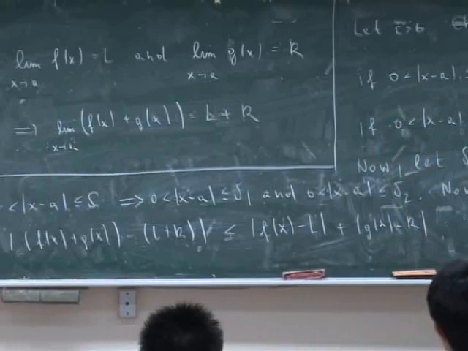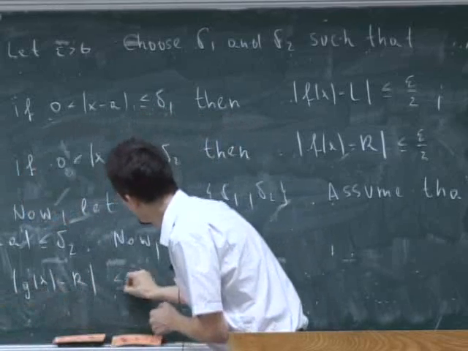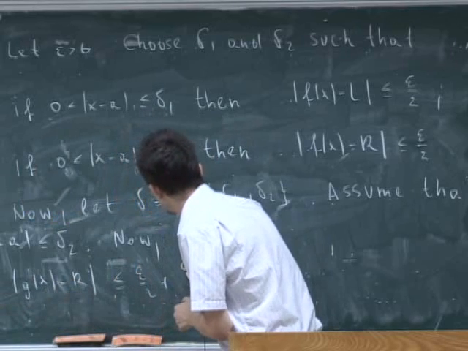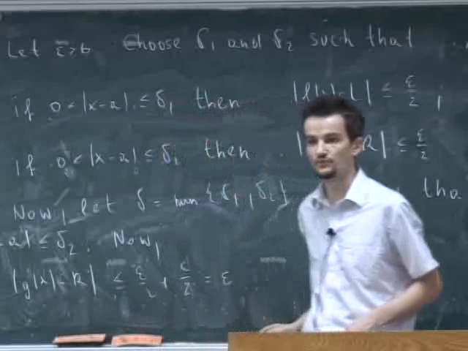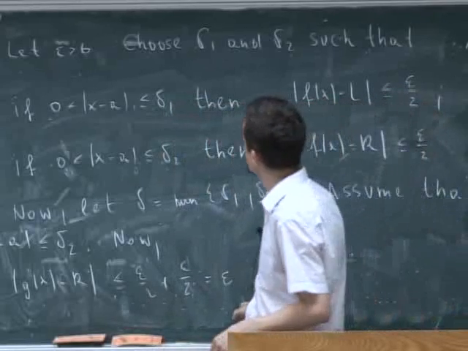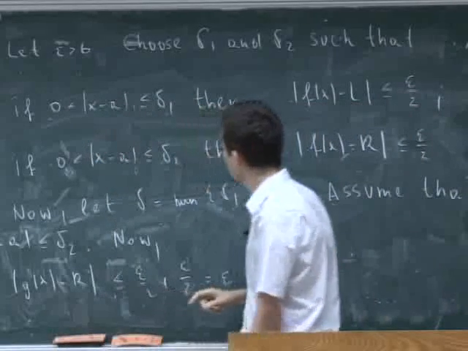And now you can use this here. So this will be smaller or equal than epsilon half, and this as well. So this is smaller or equal than epsilon half plus epsilon half, which is equal to epsilon. This finishes the proof. Because now I have, for any choice of epsilon, I have told you how to choose